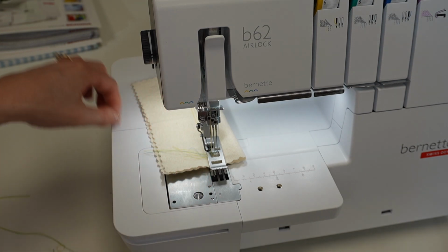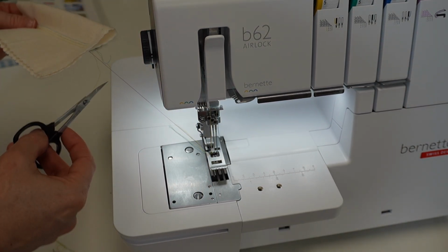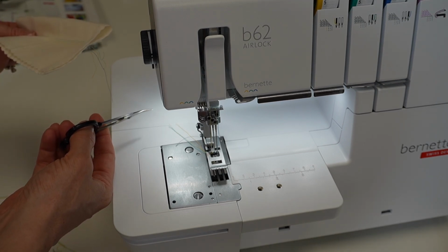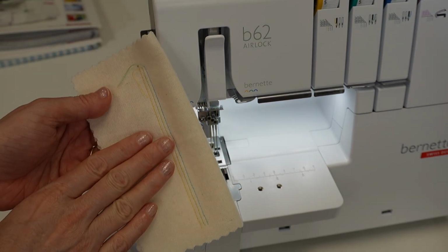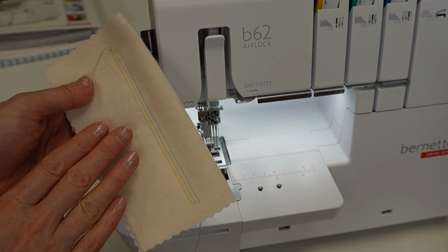If you clip them and then pull the threads out the back, they will pull to the back and tie themselves off. Clip the cover stitch thread and take a look at the stitch you've created. This machine is so easy to use, easy to thread, and will always be set up ready for your next